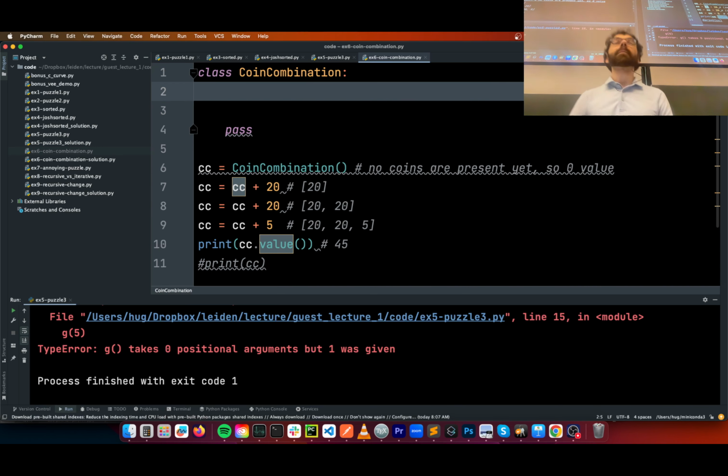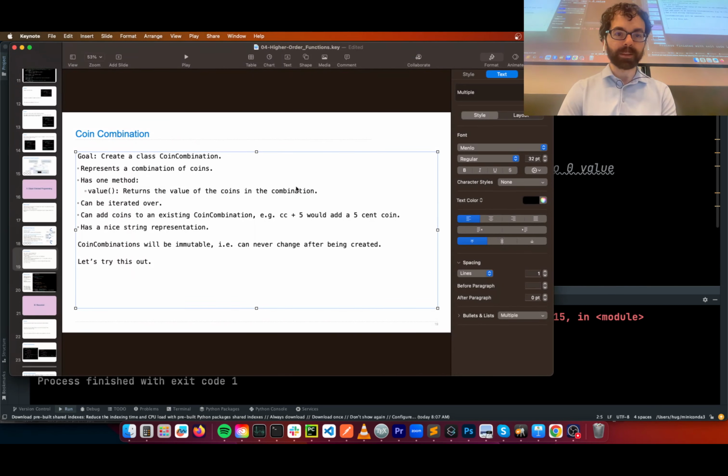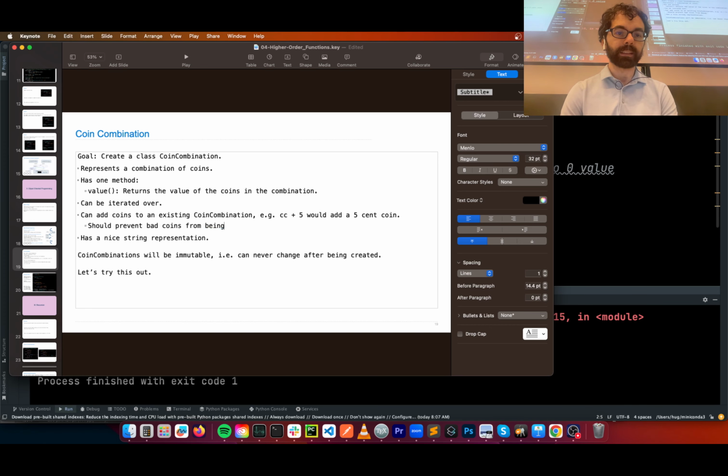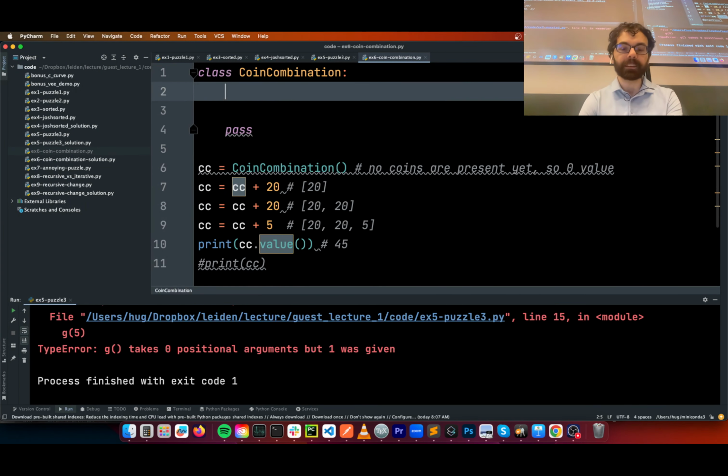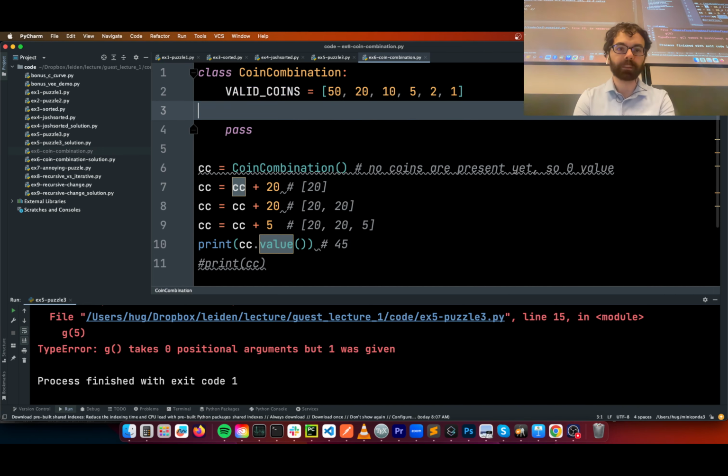Okay, so one thing I didn't mention I want is, should prevent bad coins from being added. So to do that, I'm going to start with valid coins. I guess I'll call it valid coins. I'm going to use 50, 20, 10, 5, 2, 1.